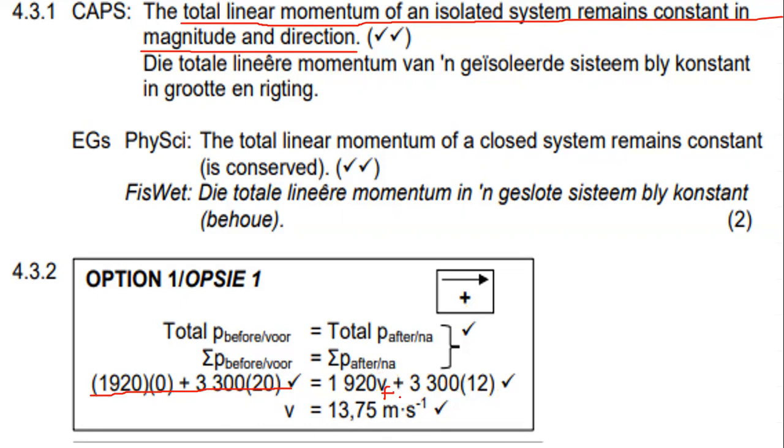So we get the magnitude of the velocity of the car after the collision to be 13.75 meters per second. No direction was given there. Why? Because we requested the magnitude altogether. Right, so that entire substitution is also going to get 1 mark, and the final answer with the correct unit will give you another mark. So my dear learners, it is so important that you are able to do these things. And you know, even our values must give us an idea about